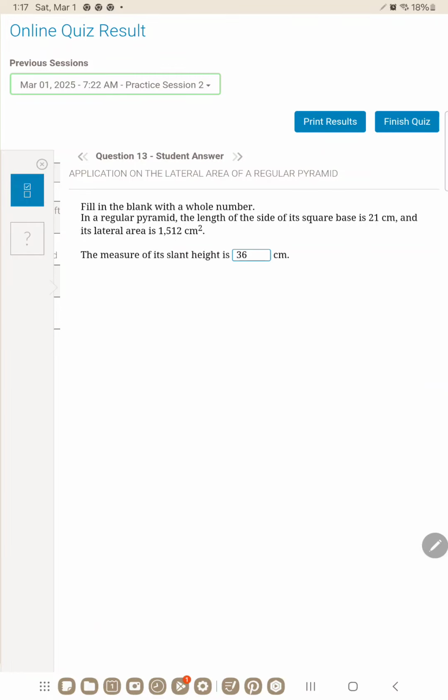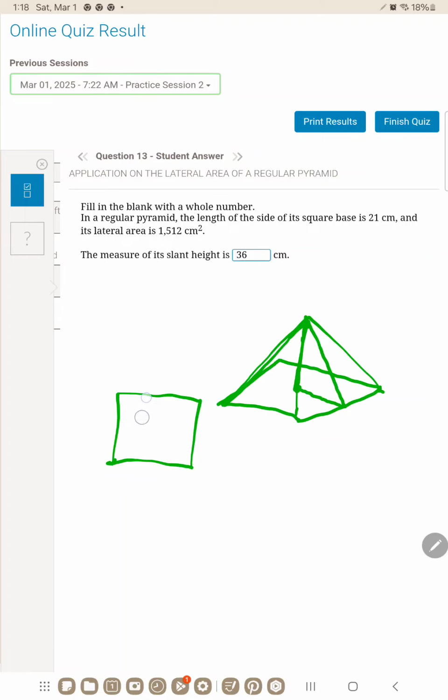Okay, here they gave us a regular pyramid. The length of the side of its square base is 21. I'm gonna try to draw this. I'm really bad at drawing pyramids, but sure. We're gonna imagine this is a top view, really. I don't want it to be top. Anyways. So the side of the square base is, I paused the video, I drew it to the best I can. So the side base is 21,